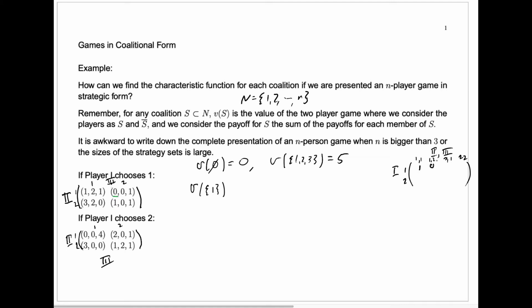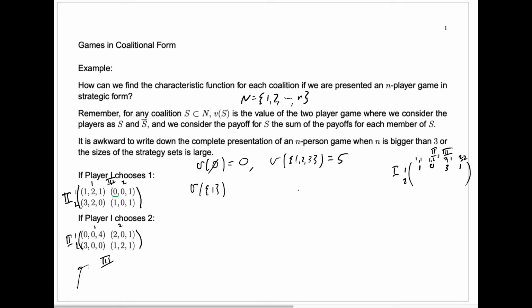For 1, 2, 1, we'd have player 2 choosing 2, player 3 choosing 1. Here we'd have a 3. And for player 1 chooses 1, and 2 and 3 choose 2 and 2, we have 2 and 2, a 1 again. And we can just fill out the second row by doing the same thing in this second table here,